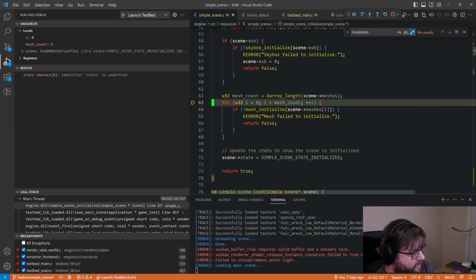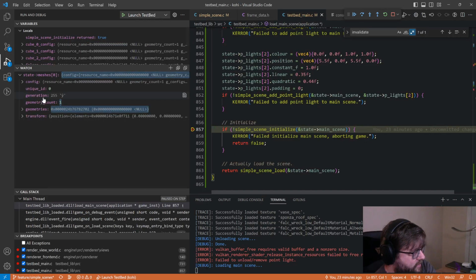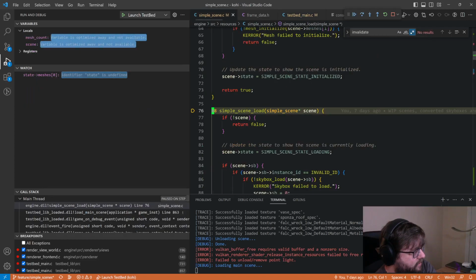Right, so we just do that 5 times. Not a huge deal. Return. Still generation of invalid ID. So that's not it. And then simple scene load. So in this case,